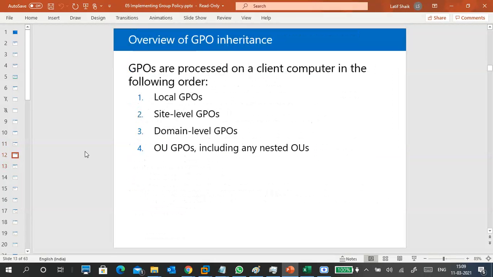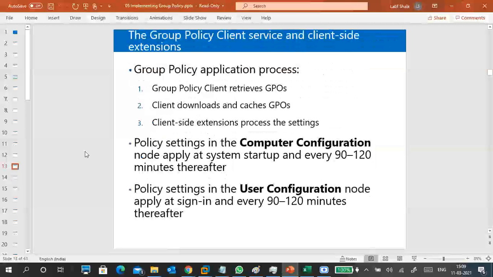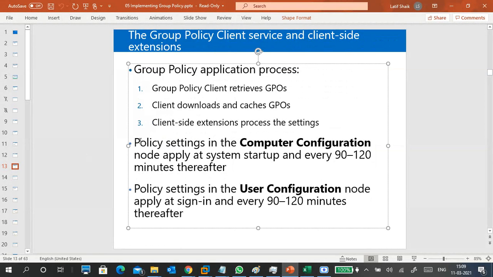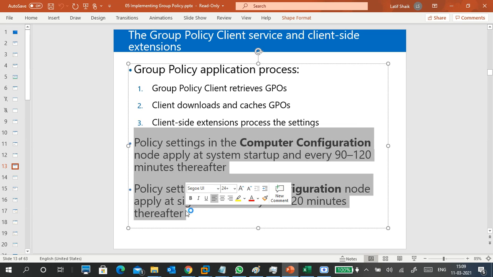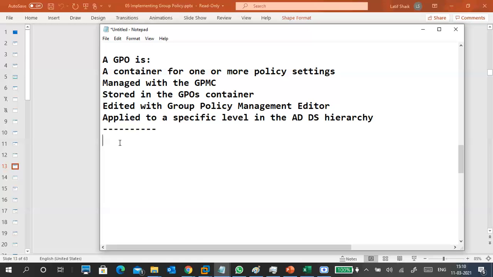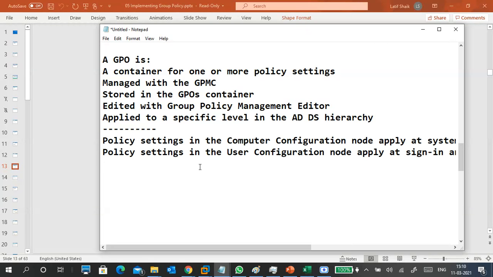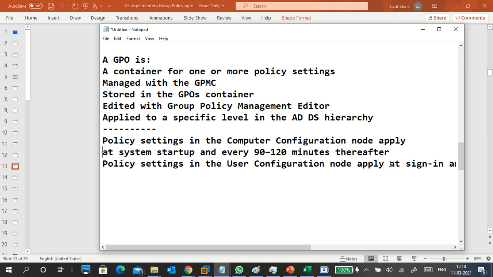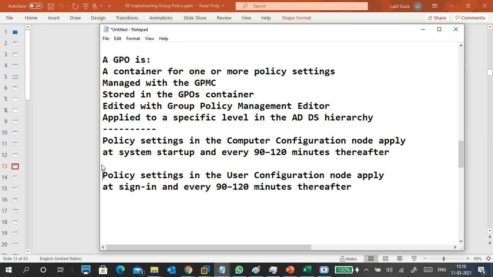This is the scope, but this is important. Policy settings are here. I will explain while I do it. Computer configuration and user configuration are there in settings.